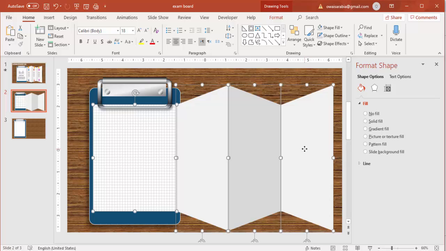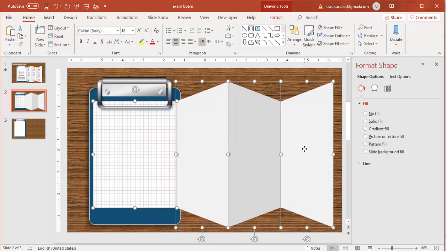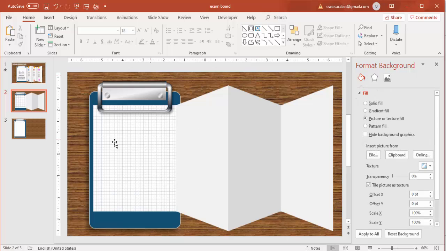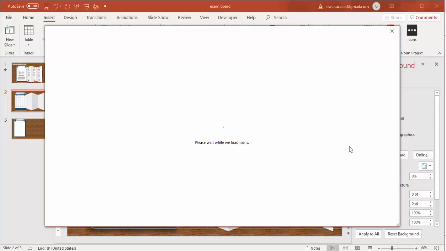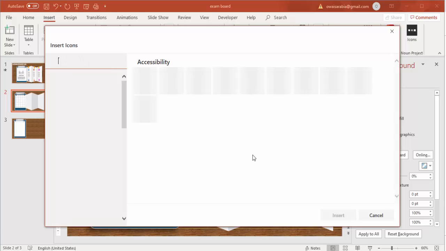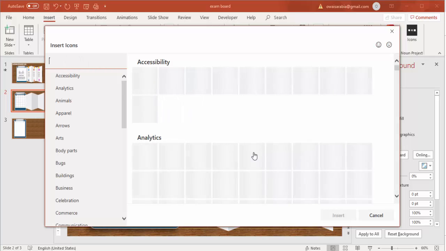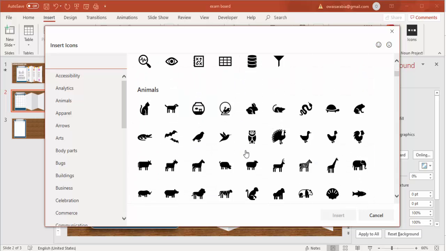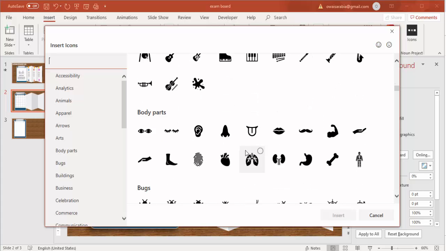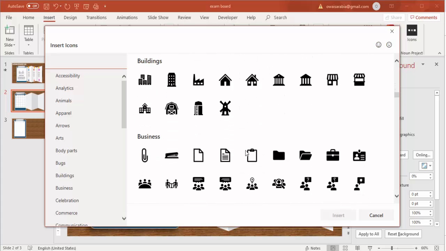Select all these pages and then pull it somewhat up, so you end up with this one. Then if you want, you can add the icons here. For that, go to insert, select icons. You need to have an internet connection here. And then select any icon which you need to download. For example, let me just download maybe this image. I'll insert,